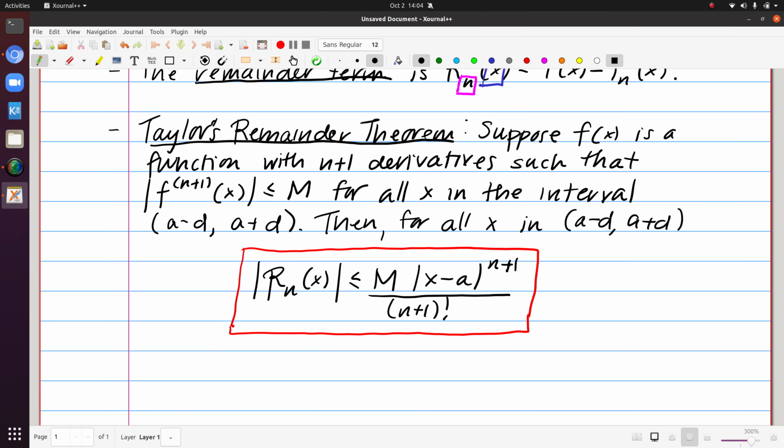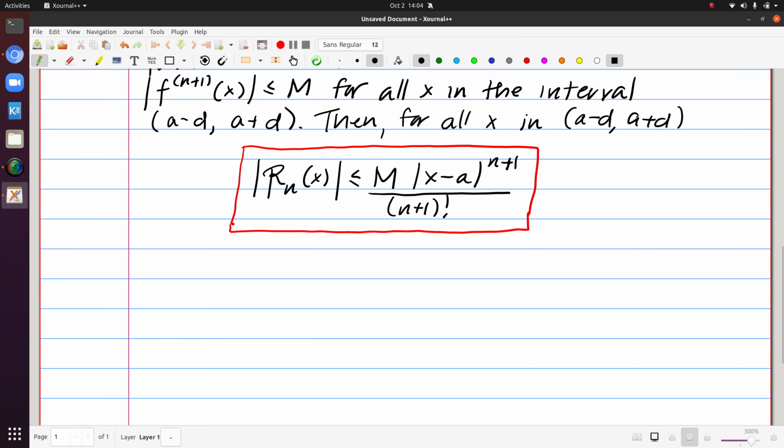But f of x is going to determine what this upper bound M is going to be. In another video, we're going to go through some direct applications of this to see how we could apply that, and I hope that will clear up this idea of how one would find such an M. But for now, I want to come back to this statement, and let's just look at it in the very